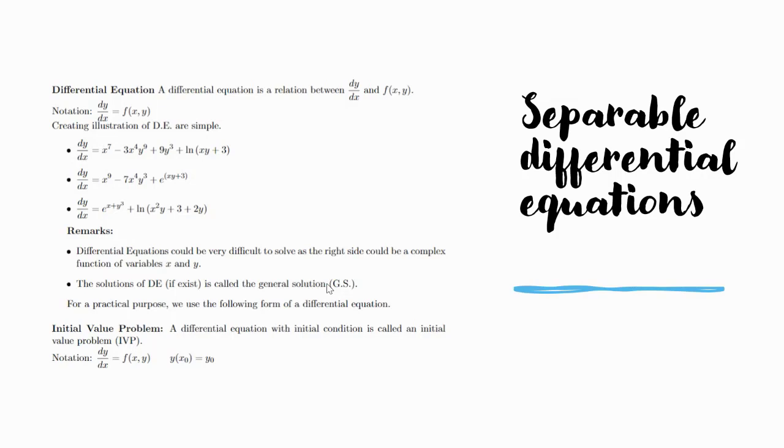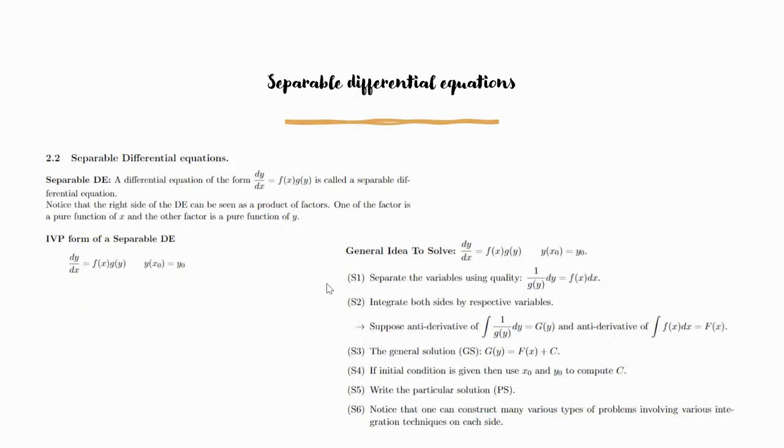Moving on to what makes an equation separable or not. Separable differential equations are when you see something that's multiplied and you can move it around easily. So for example, let's look at the one here. It's just going to be dy divided by g of y equals f of x times dx. So it was easy to move it. You see you can separate the variables using multiplication, right? And then you can just integrate both sides,